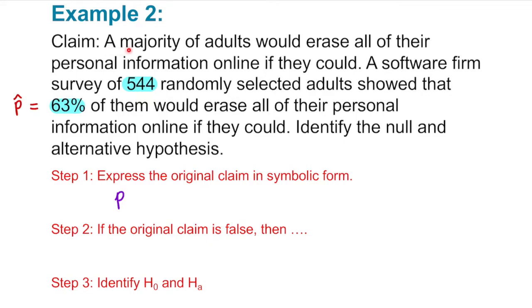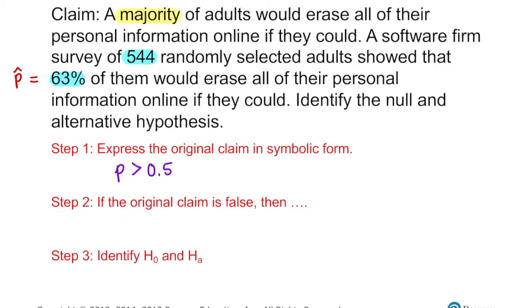From here, it's a majority of them. So majority of them is going to be a big portion of it. Now, I don't know how big that is. Could it be 60%? Could it be 70% or 80%? All they gave me was the majority. So to be on the safer side, I say the majority would be greater than 50%. p is greater than 50% is my original claim.